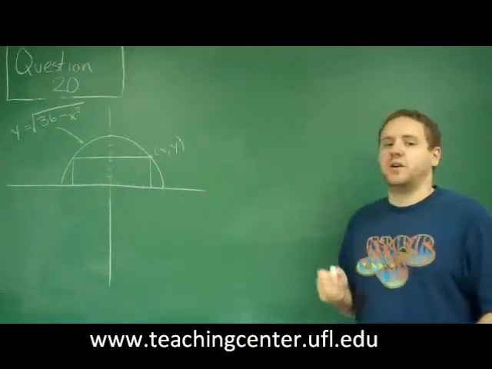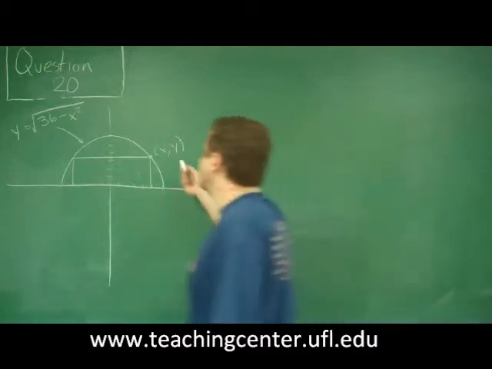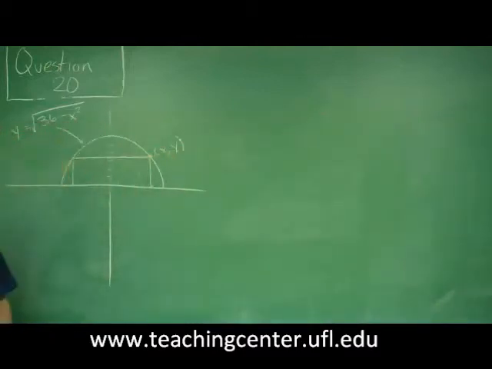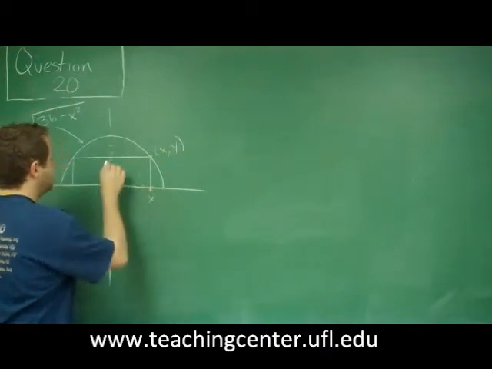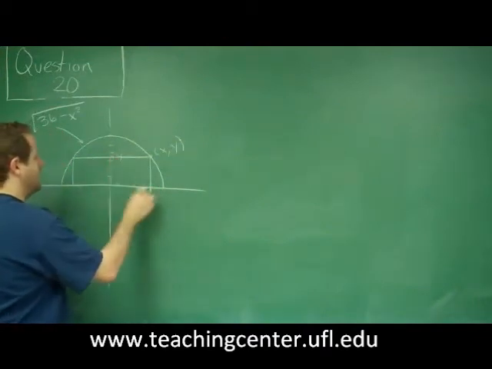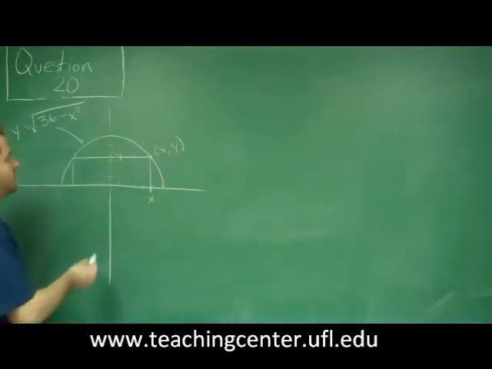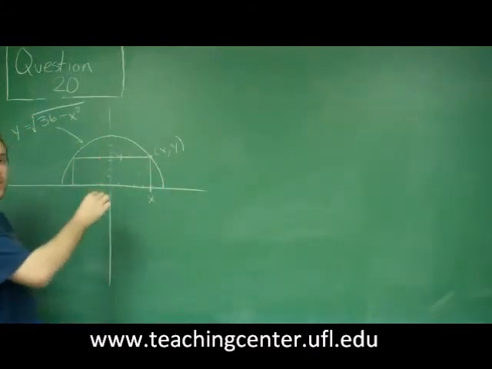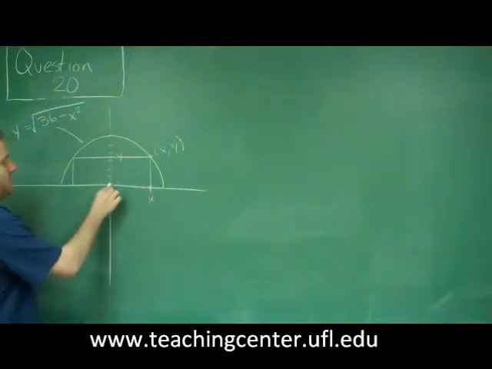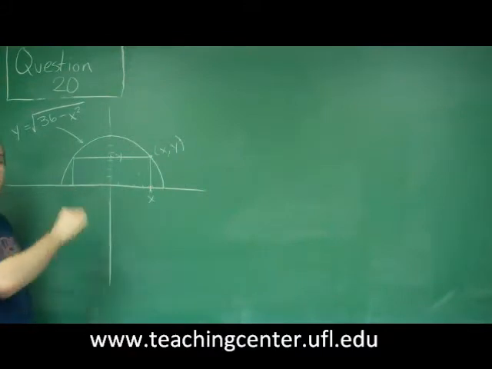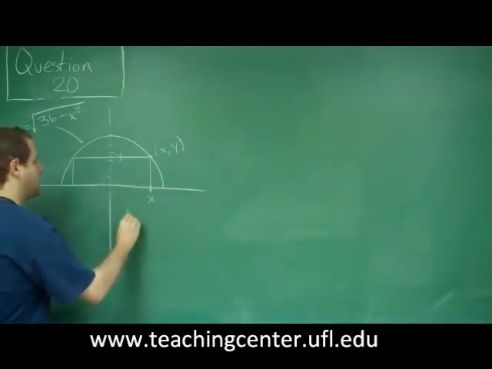So first let's figure out an expression for the area of this rectangle. Well, if this point is x comma y, that means that this value right here must be x, and this value right here must be y, because that's the coordinates of that point. So you can see, since this is a symmetric rectangle, if this distance from 0 to x is here, then you must have the exact same distance from 0 to x on the left, meaning the entire base of this rectangle is going to be